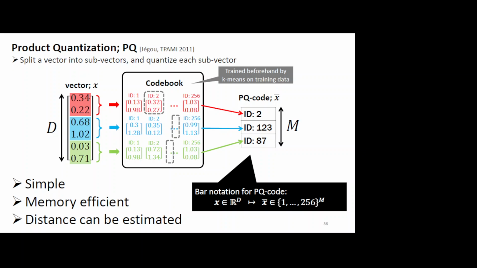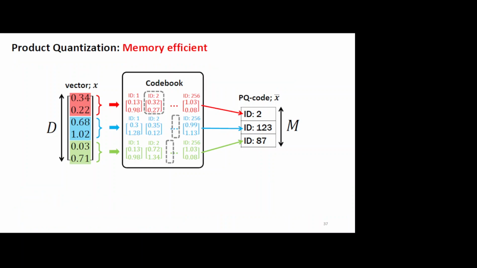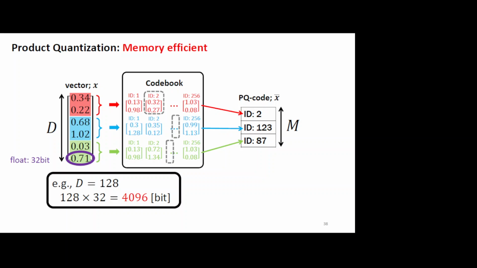Okay, so this method actually is very simple and memory efficient, because you already compress a lot. And you can also estimate the distance. When you want to estimate distance, okay, so first, you see, in your original raw data, each value, the floating point, is represented by 4 bytes. Okay, but by using the product quantization here, you can just use